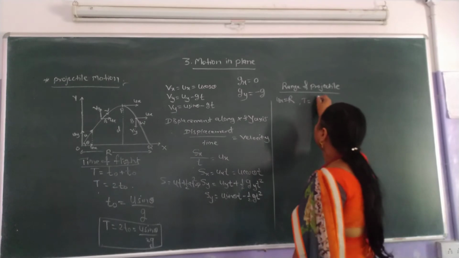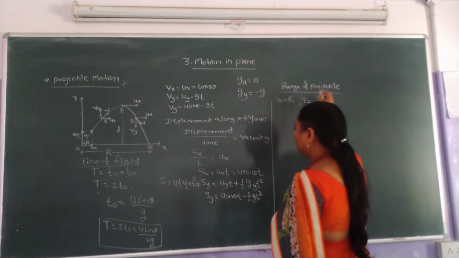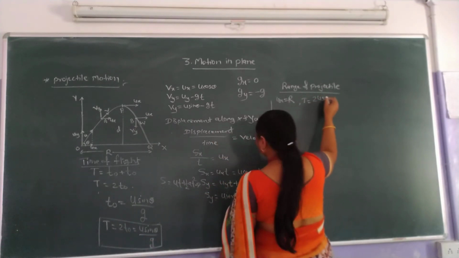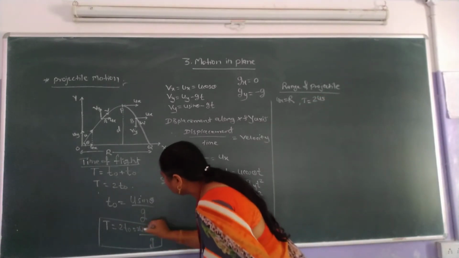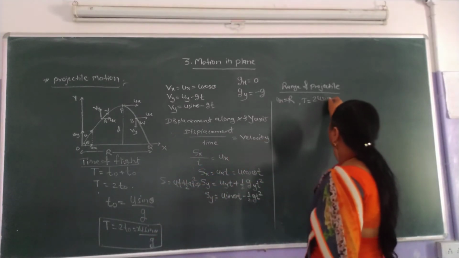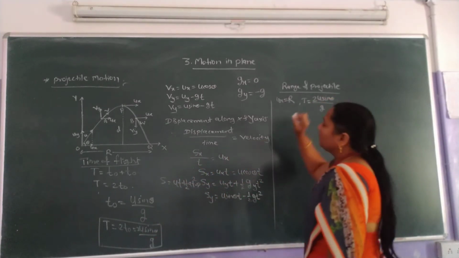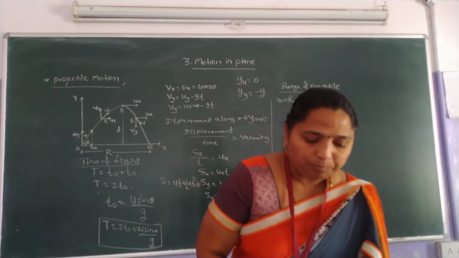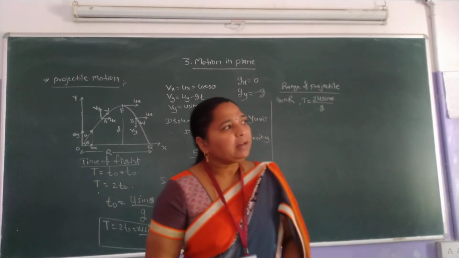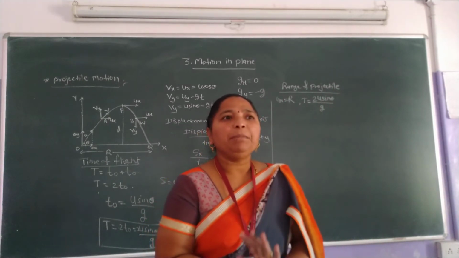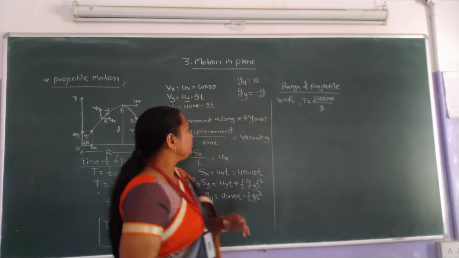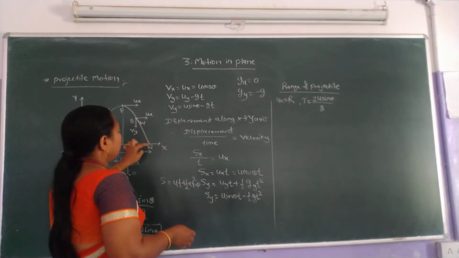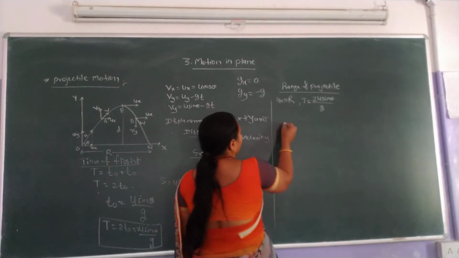to 2t0, which means 2u sin theta upon g. T is equal to 2u sin theta upon g, where the capital T is the total time required to cover the entire trajectory. Therefore, R is equal to